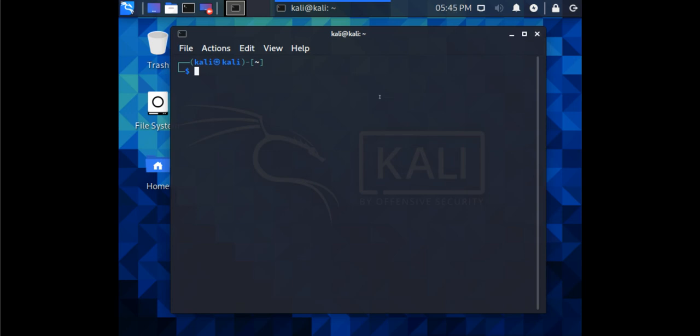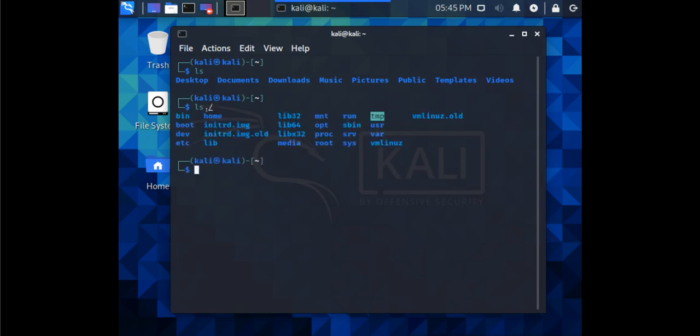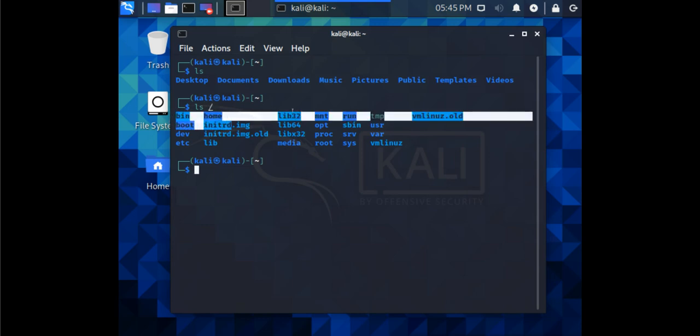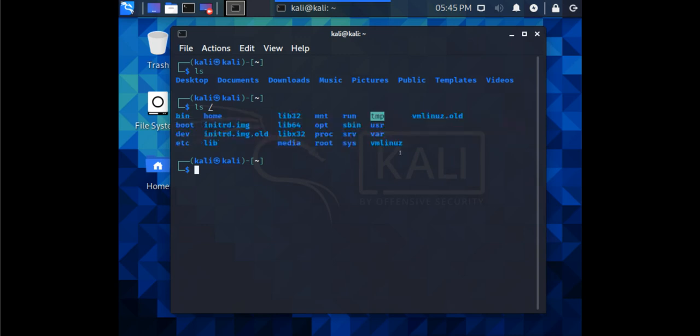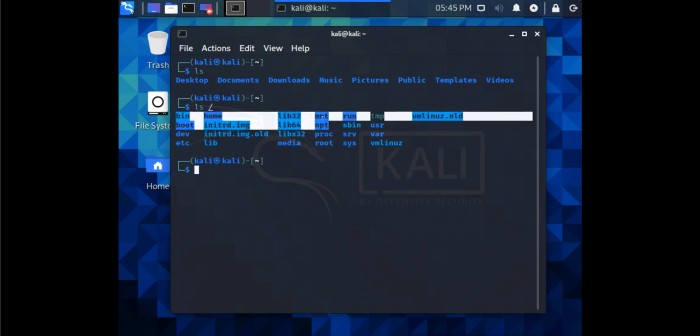And you should understand the structure of Linux. It is very simple. This ls command is to list the directory content. You can see what is inside the directory, and all the directories are inside slash. This slash is the root file system, and under the slash you have all the directories. These are system directories, like in Windows we have Windows, Program Files, System32, and Documents and Settings. So this is what these directories are.